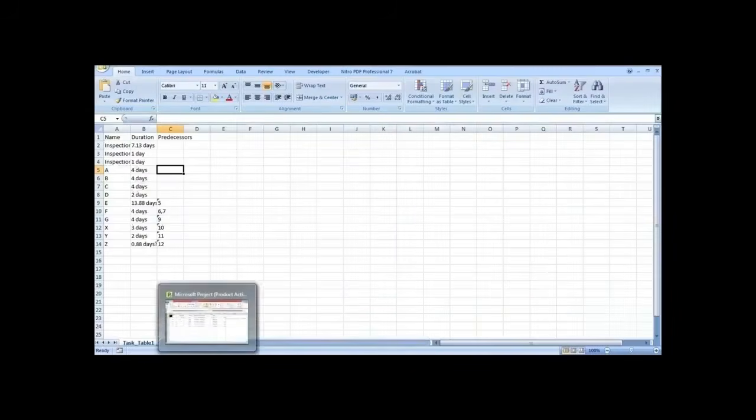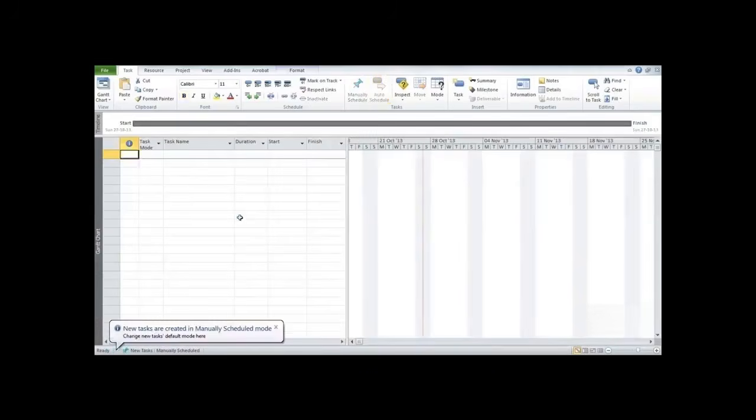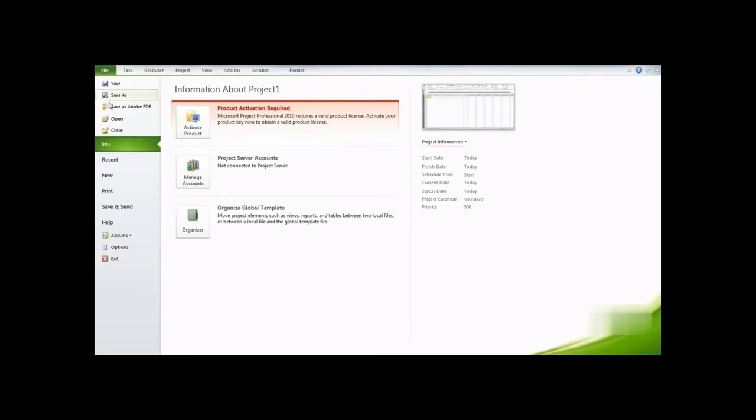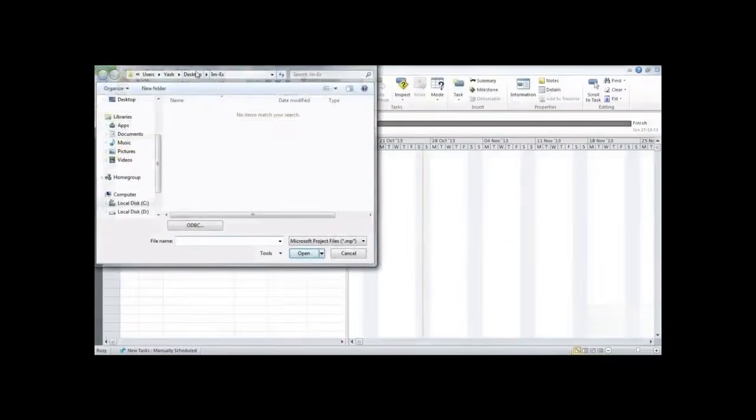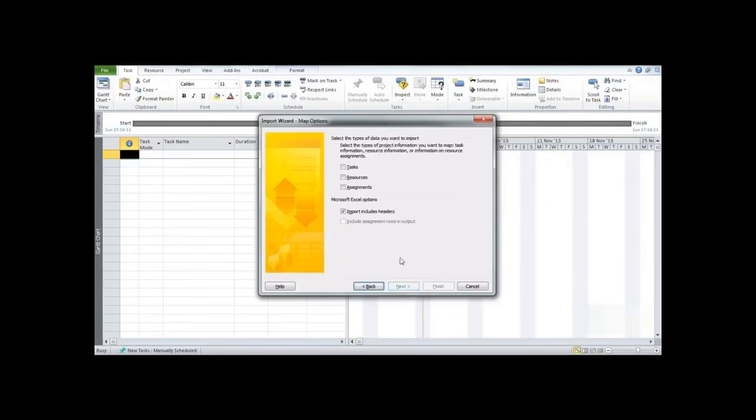Now say if I want to bring this again, or if I want to bring any Microsoft Excel file into Microsoft Project, first of all let's take this new file, go to File, Open, select the file that is in the IMIEX folder, go over here and go to .xlsx files, we have the file, click on it and press Open. So again a wizard would start. Select Next, new map as a new project, and we will select Tasks as we want tasks only,